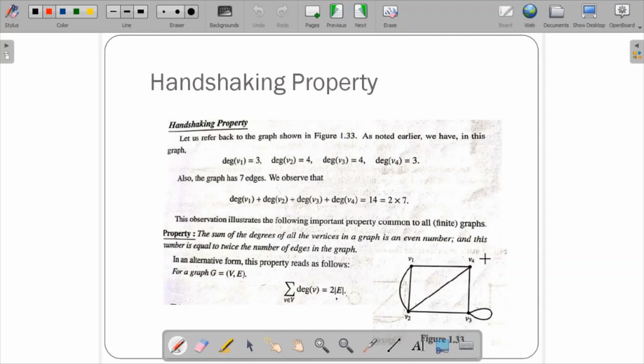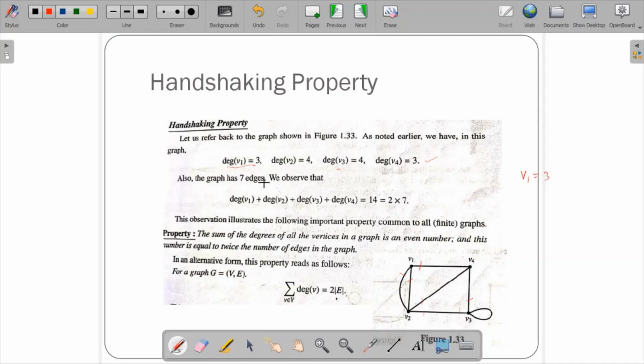This graph is taken as an example which has vertex 1, vertex 2, vertex 3 and vertex 4. In vertex 1 we have one edge, again over here one edge and one edge. So V1 has degree 3. That's what we have written as the degree. It is the same graph you have seen on the first slide. Degree of V2 is equal to 4 and degree of V3 is equal to 4. Why 4? Because 1, 1 and 1, 2 for the loop. And degree of V4 is equal to 3. So we took this diagram and noted the degrees.